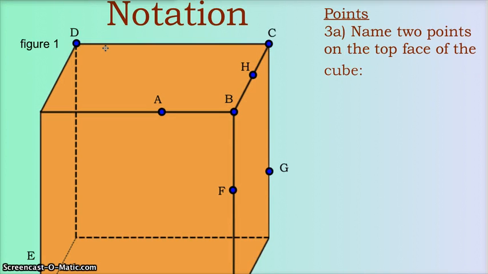Notation. When we're talking about notation, notation is what you would do to name something. How do you name or write about points, lines, planes, and so forth? So this particular example is asking you to name 2 points on the top face of the cube. There are several. To name a point, we need the word point and a capital letter that you are referring to. So the top of the cube has point D,